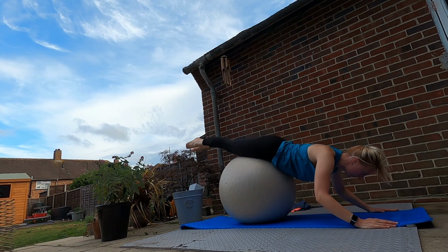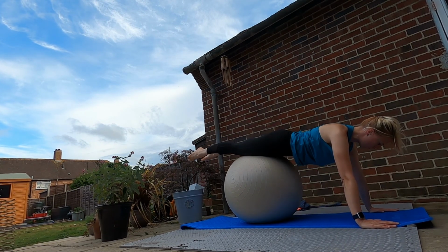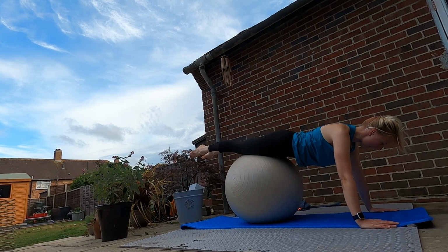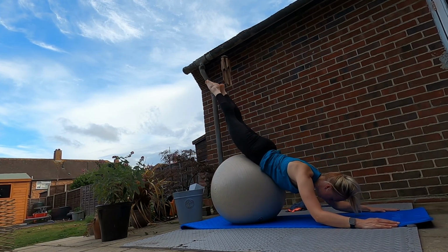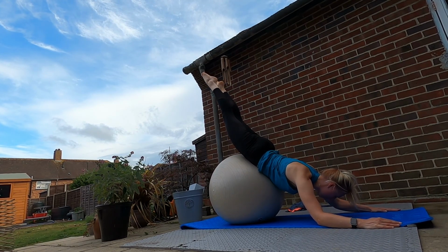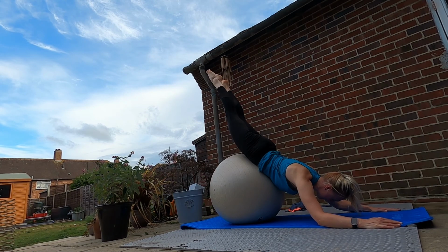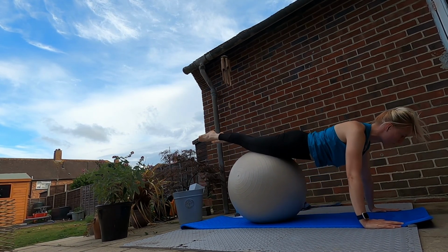Bring your legs down and bring your body weight forward. Core engaged, hold it here. And then exhale, take your elbows back, and as your elbows take you back, you just bring your legs up into the air. So it's almost like you're counterbalancing yourself, but going in the opposite direction. You're making yourself a seesaw. Inhale, then exhale. Let your ball